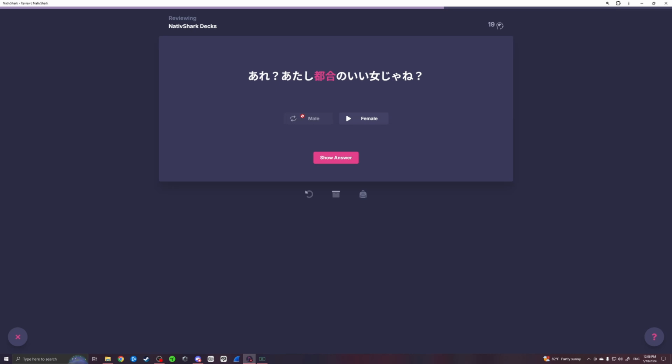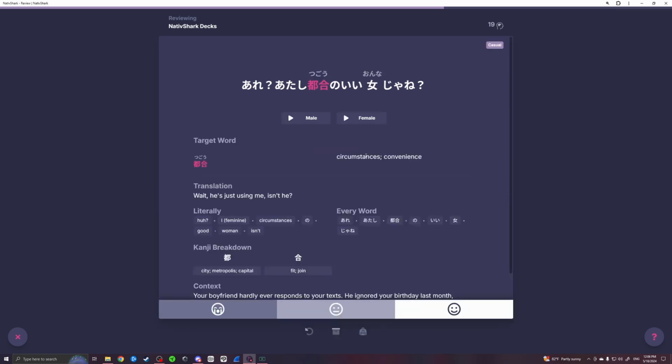あれ？私都合のいい女じゃね？ あれ、私都合のいい女じゃね。 Another really awesome thing about NativShark is that it uses the vocabulary that you learn in the lesson